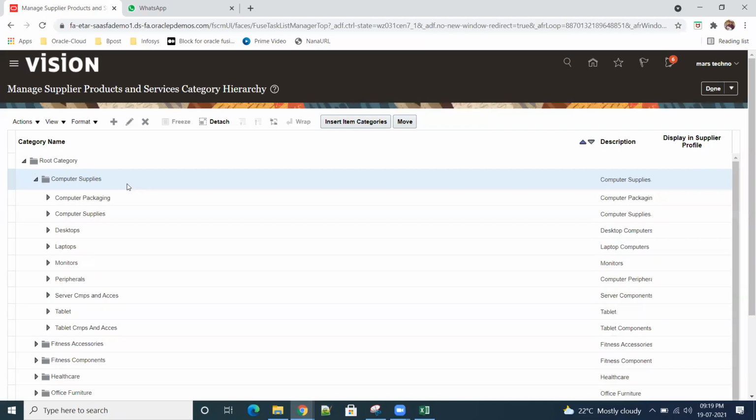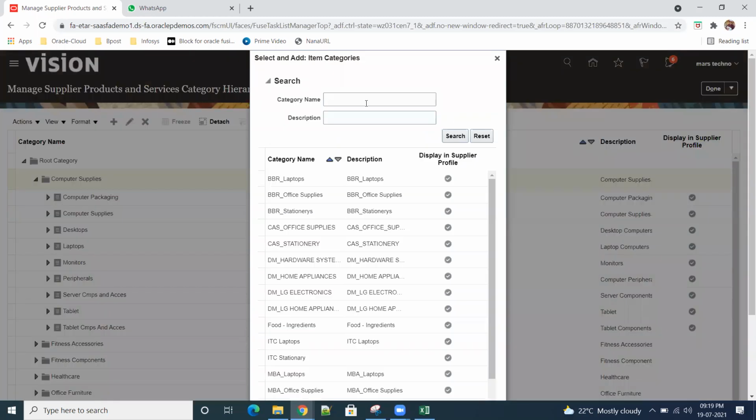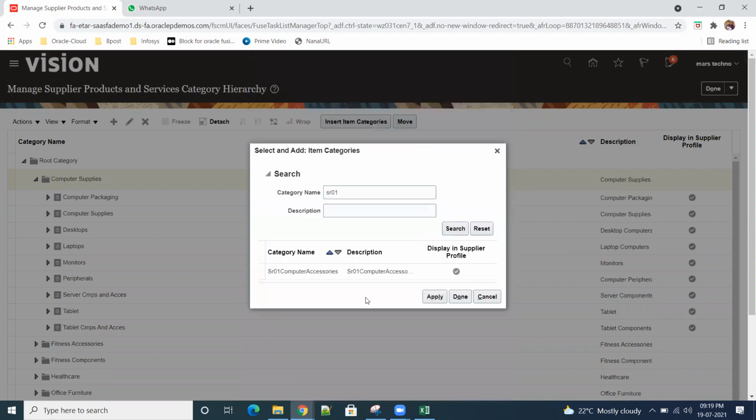Open this. Category name SR01. Now, which category hierarchy do you want to add this category to? You can add it anywhere, even under computer supplies or fitness accessories, wherever you want. I'm adding my category under the computer supplies.